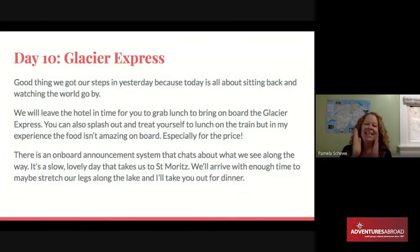Day 10, a nice lazy one if you're ready for it, the Glacier Express. It is the slowest express train in the world, and they are happy to brag about it. We got our steps in yesterday, so today, sit back and watch the world go by. It's a very comfortable place to do it. You'll be sitting by 4. This is one of the only places